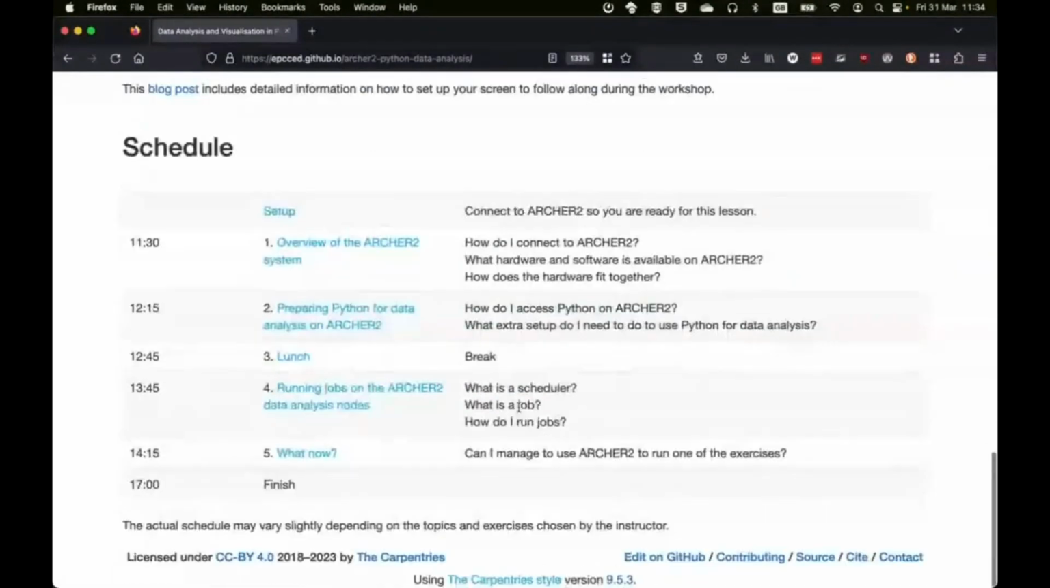Then we'll have an hour for lunch, then we'll come back and do a little bit more preparation where we'll learn about how to run a Python script on the back end of ARCHER2. This involves learning about the scheduler on ARCHER2. If you've used ARCHER2 or another cluster before, this might make complete sense to you and you'll be raring to go. But I think for a lot of people here, this will be completely new. So we just want to make sure that everyone's up to speed on this